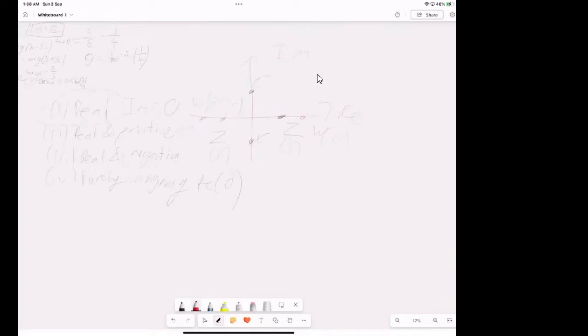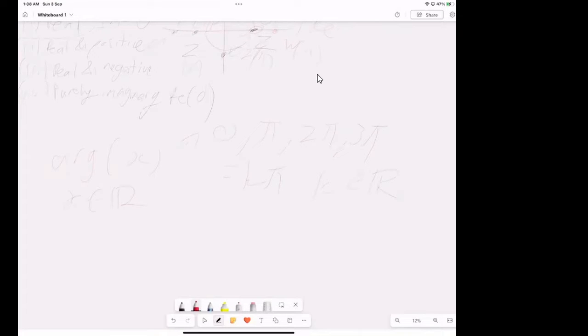Because if you think about it, the argument of a real number x, where x is real, can be just 0, pi, 2 pi, 3 pi. So to generalize it, let it be k pi, where k is a real number. Okay, sorry, my bad. In this case, k is an integer